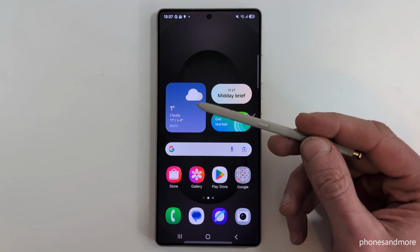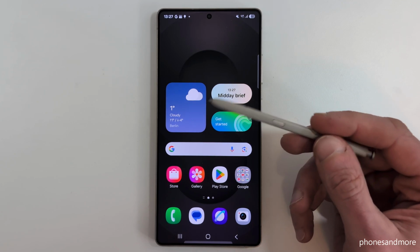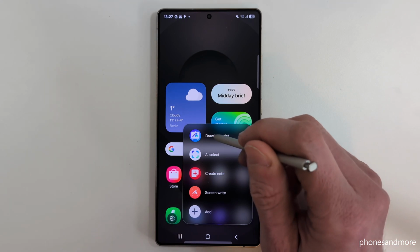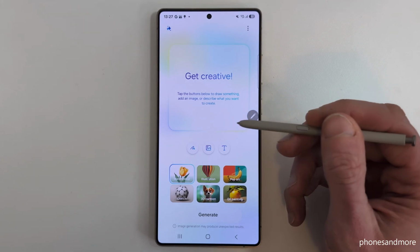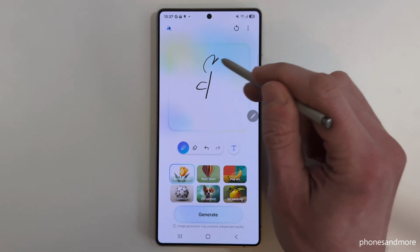And of course, I want to show you something for the S Pen, even if it's technologically reduced, so there's no Bluetooth anymore, but it's still cool. Let's open here the S Pen Mini. Let's go here on Drawing Assistant. And you can draw something much more detailed with the pen. Like if you want to draw a flower,